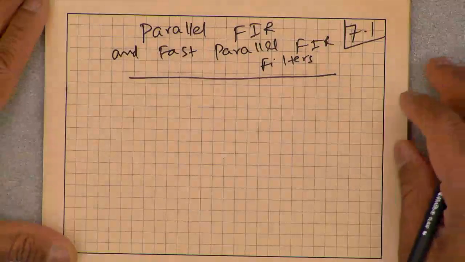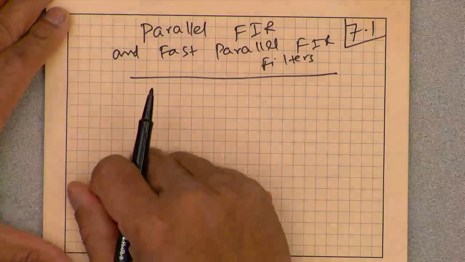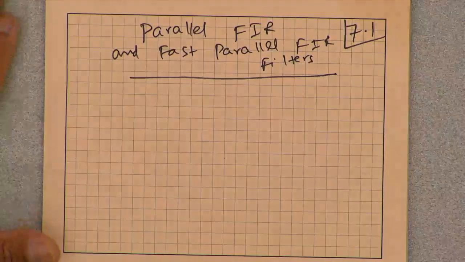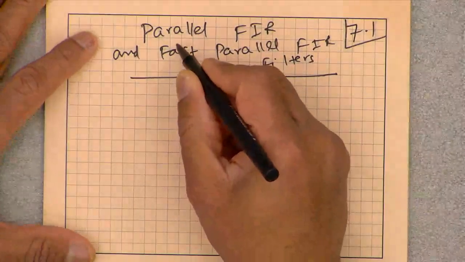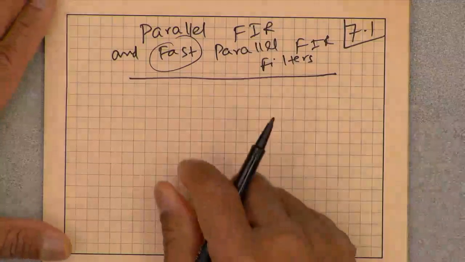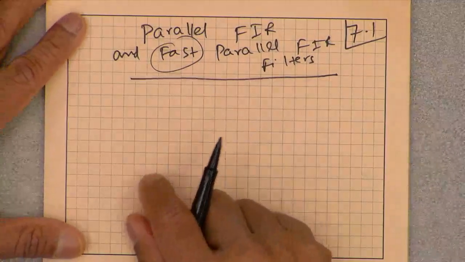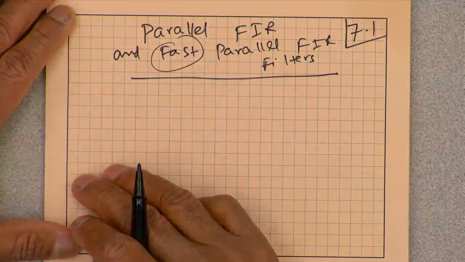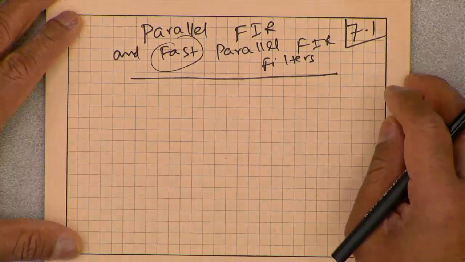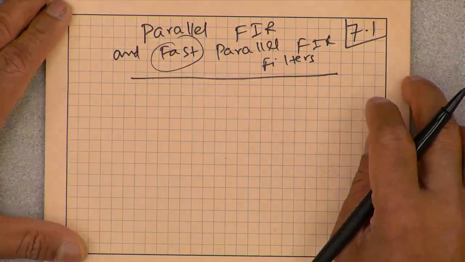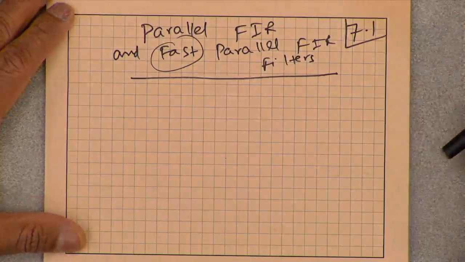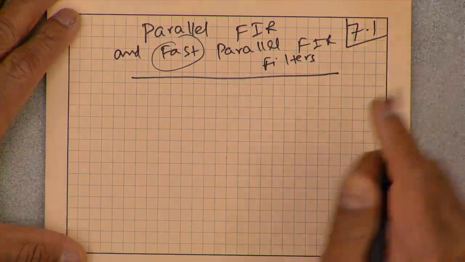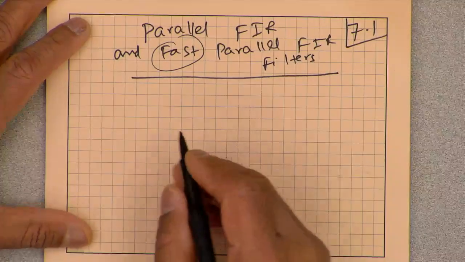Okay, if not, what I want to spend time on today is talking about parallel filters and fast parallel filters. When I say the word fast, it again means reducing the number of multiplications, and we will see a very nice relationship with fast convolution algorithms. We have spent a couple of weeks studying fast convolution, and everything that we have studied is not wasted. Now it comes into play and can help us design fast parallel filters. So we'll talk about that as well.